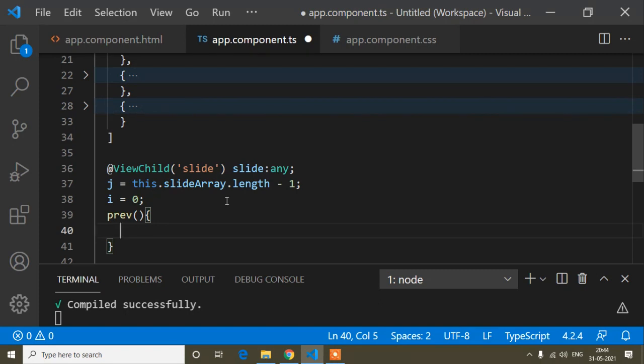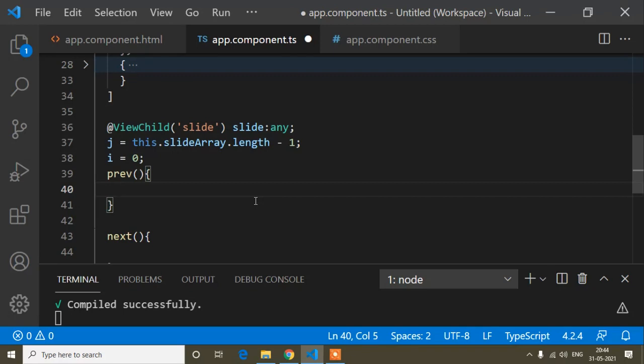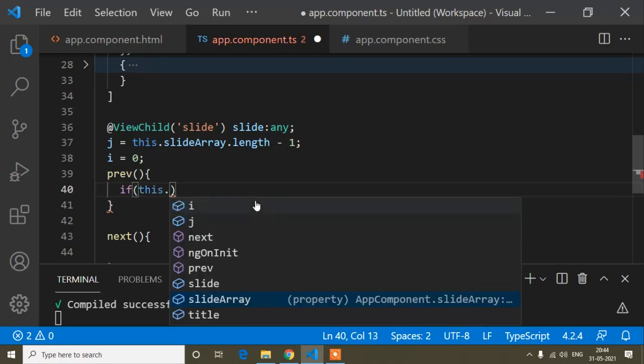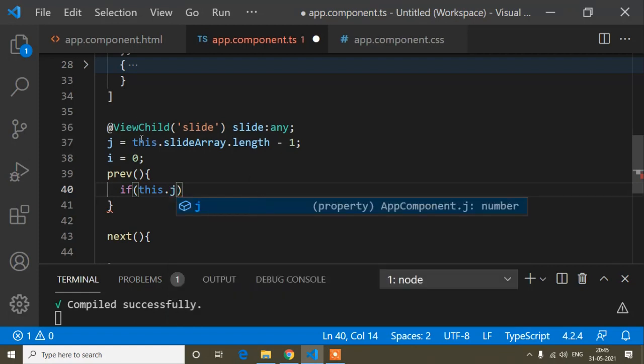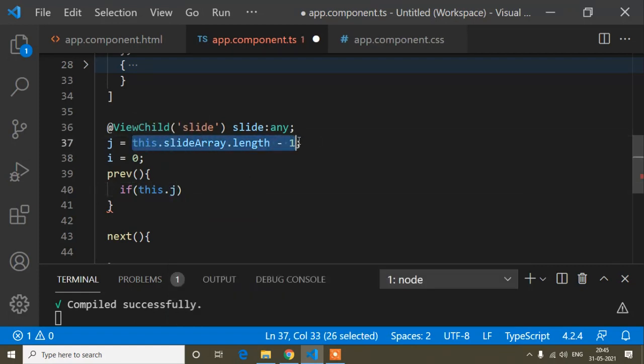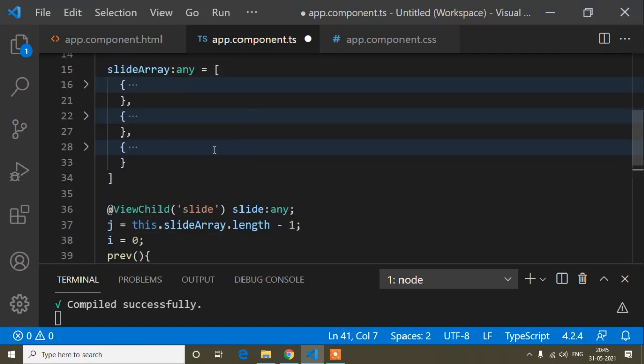So now here I will write the condition. So if this j variable, where I defined the array length, is not equal to 0, that means when this array length will not be 0, I mean when it has not come up to the last, 1, 2, 3, so length is 3 now.